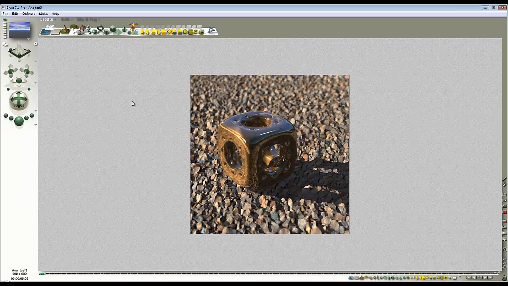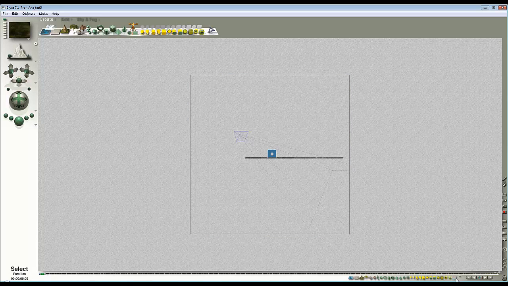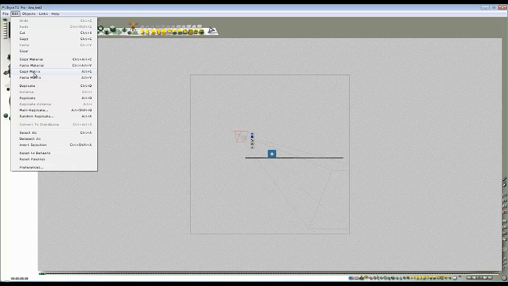So this is my scene I've set up, and I've set the depth of field already, and it's going to work with depth of field. So it's not going to work if you don't use depth of field. And what I have to do is go into the side view so I can see the camera and select my camera,